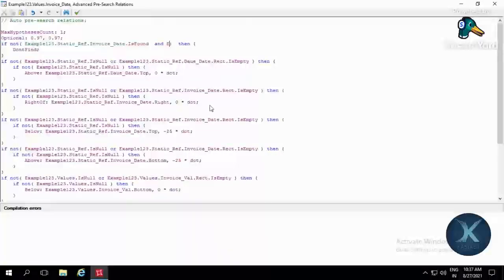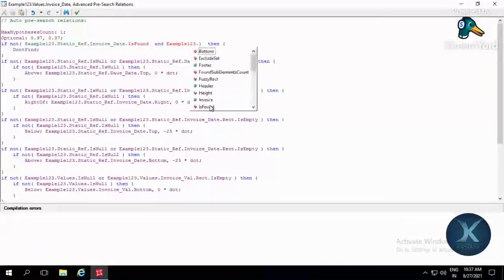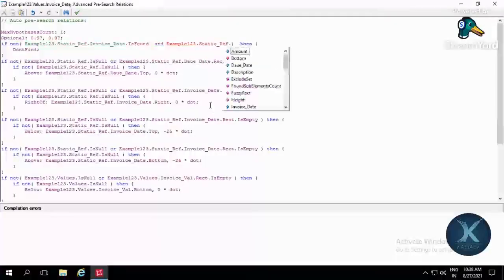I can mention example 123 dot static references dot invoice. Let's take any of the other elements, basically